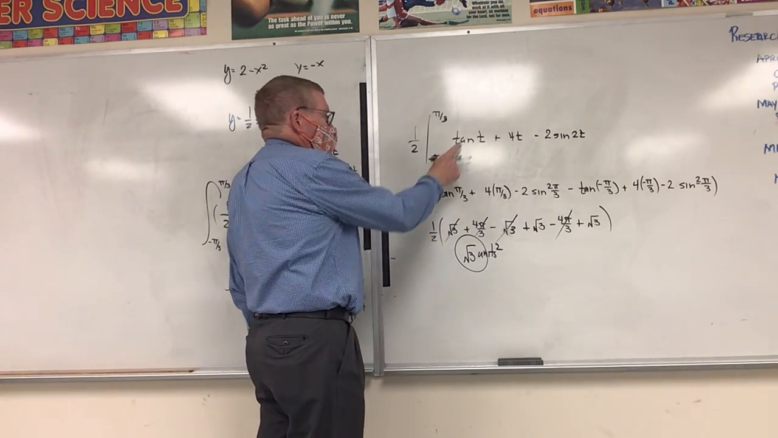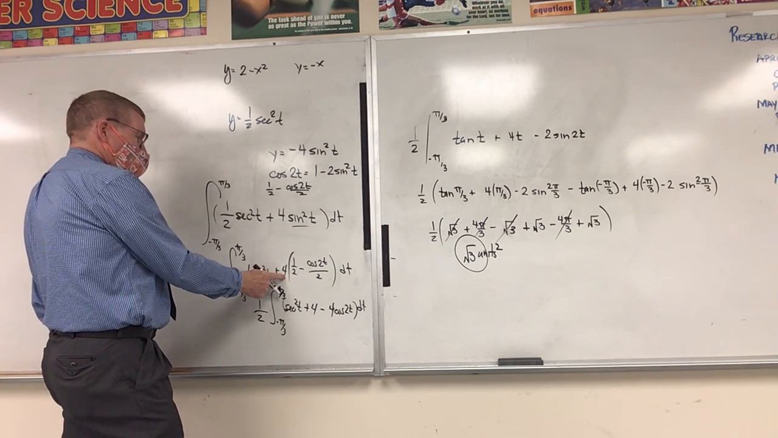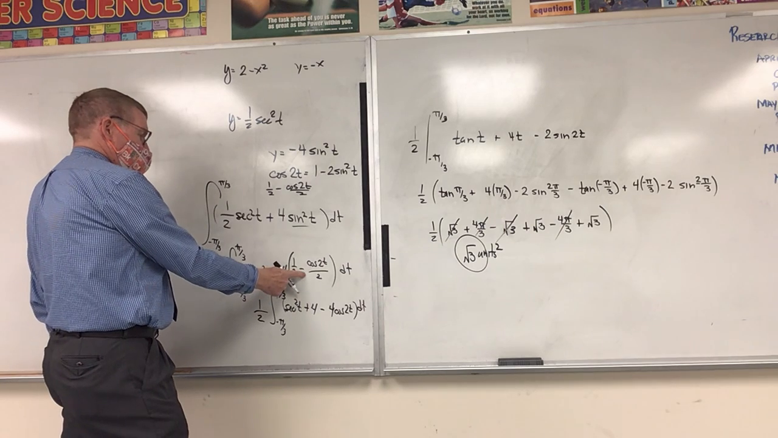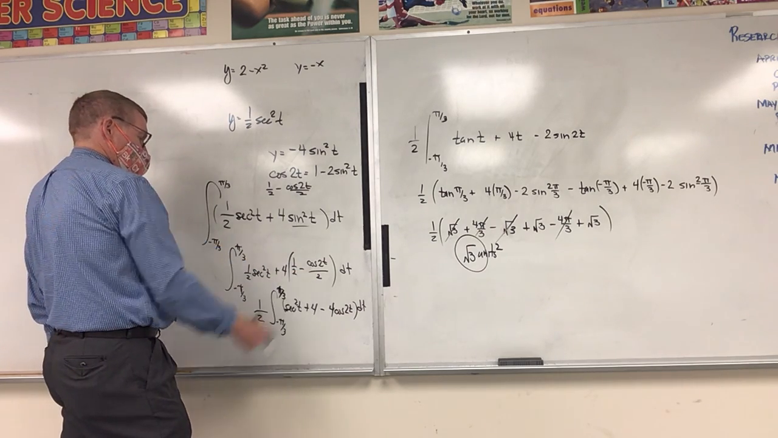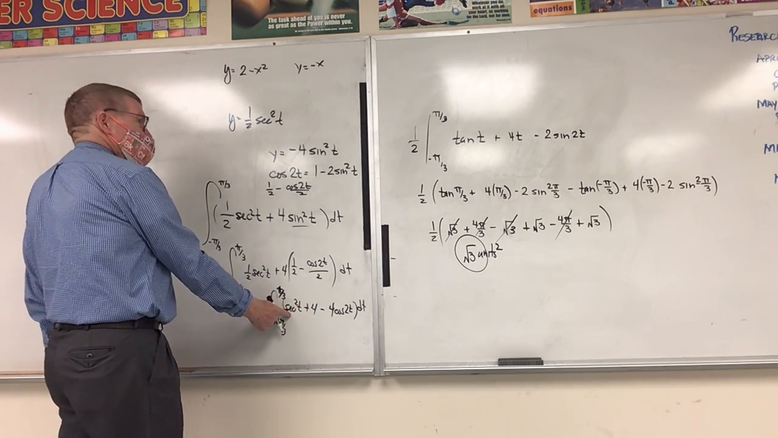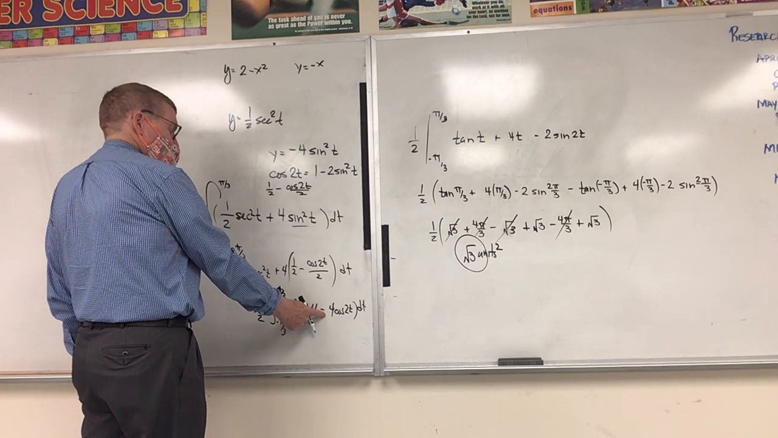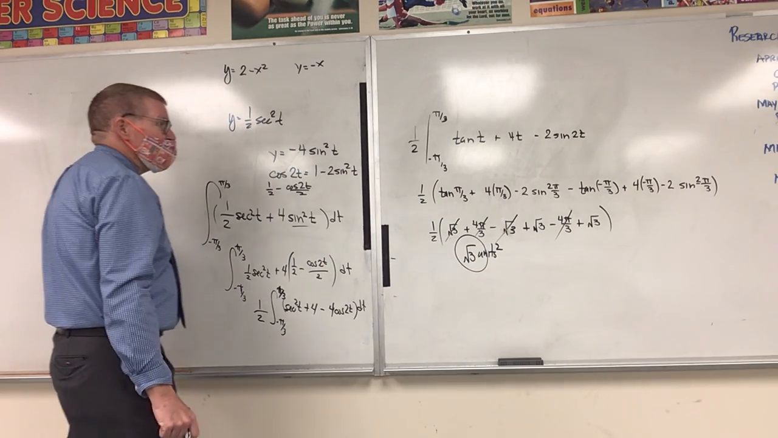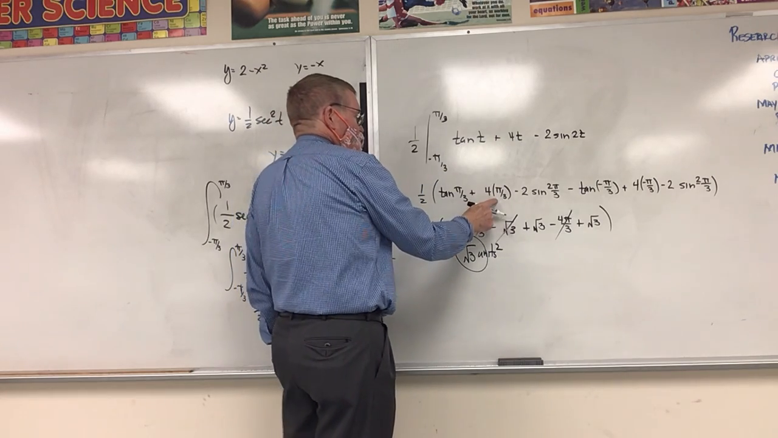Tangent of pi over 3, let's just do this again. Take the 1/2 out. So that leaves 4t minus 4 cosine 2t. Alright. The integral is tangent, the integral is 4t, the integral is minus 2 sine 2t. So put pi over 3 in: tangent pi over 3, 4 pi over 3,